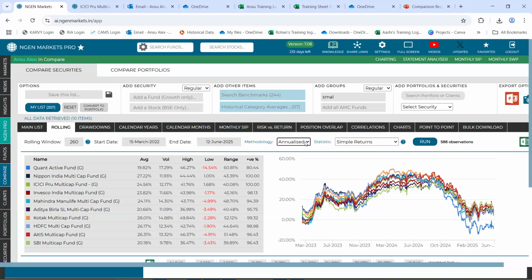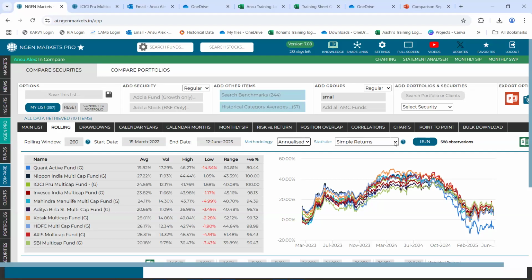Right. The second thing is on the right side, you have simple returns and point-to-point returns. Correct. If I take annualized simple returns or annualized point-to-point returns, what difference is it making? I'm somehow not clear about that.